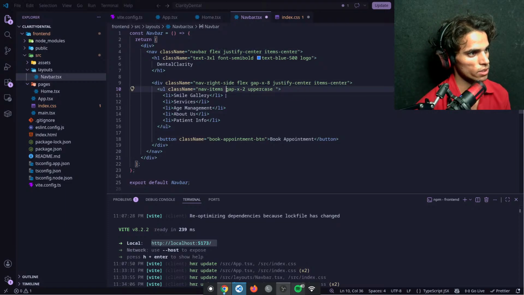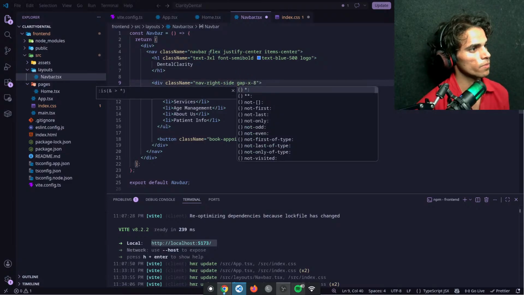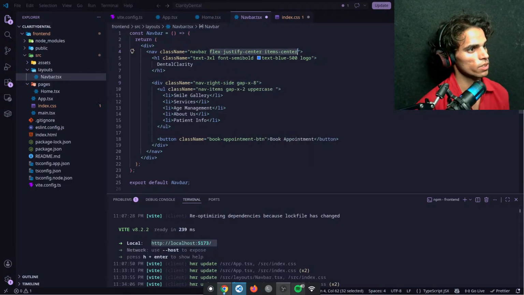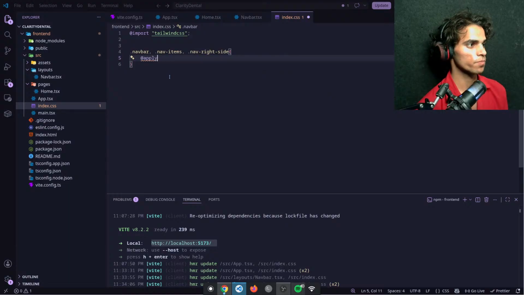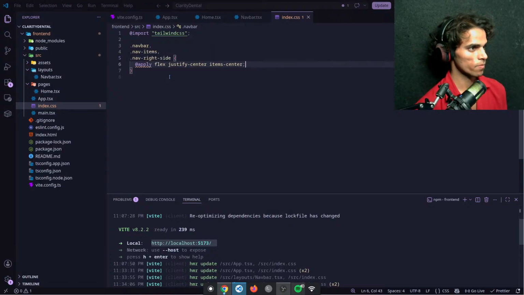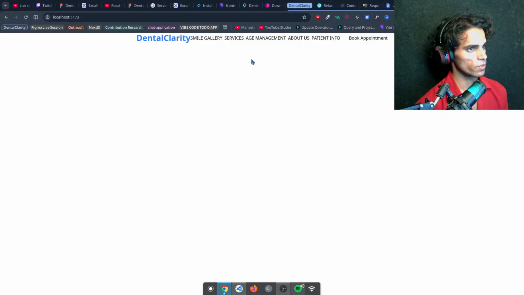So I would like to cut this, and then you are using the same here. I would like to cut this also from here, and also cut this from here. And now we can implement this styling here. Yeah, this is a better way to style rather than what you can see here.